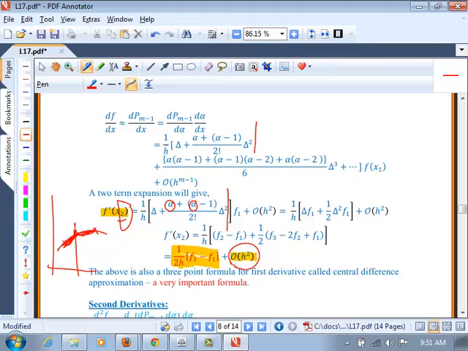But there is another term in the truncation error that we don't get to see from this polynomial expansion, and we will see it when we do the Taylor series expansion method for deriving the same formula. Any questions? Now the second derivatives,